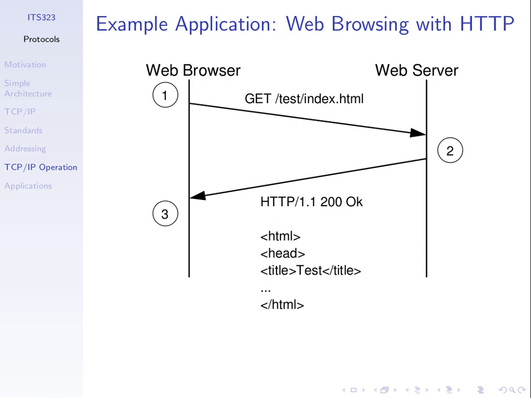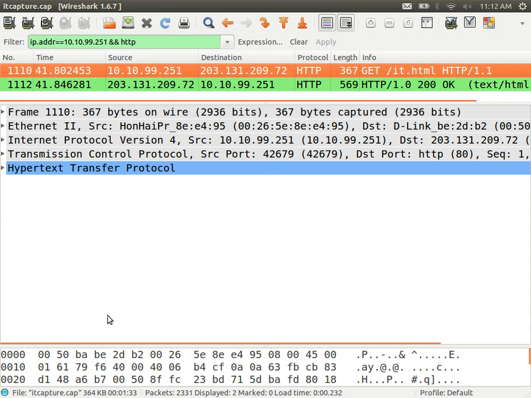There are many other features, but the most common one that we use is we send a GET request to the server, and the server sends back a response containing the file that we wanted to get. Let's see that in our packet capture. In fact, we see those two packets in the top pane, the orange one and the one below it, the green one. Packet number 1110 is the GET request. What Wireshark does is it summarizes information about that one packet, the one packet that was sent by my computer,